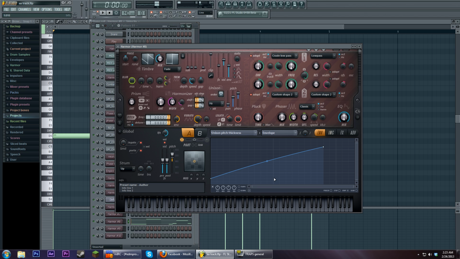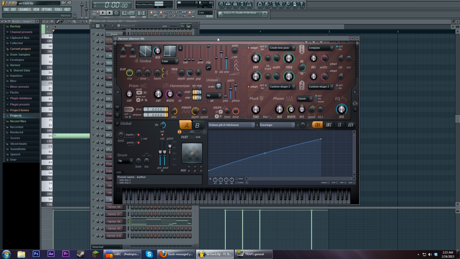Now, this is a pretty basic setup. You could probably do this with just about anything because it's not using some of the more freakishly awesome cool things that Harmor can do, except for the fact that I'm using the Hertz unison setting, which is not your typical unison setting. I'm not really sure on the specifics of how exactly it's different, but the rest of the unison settings here,